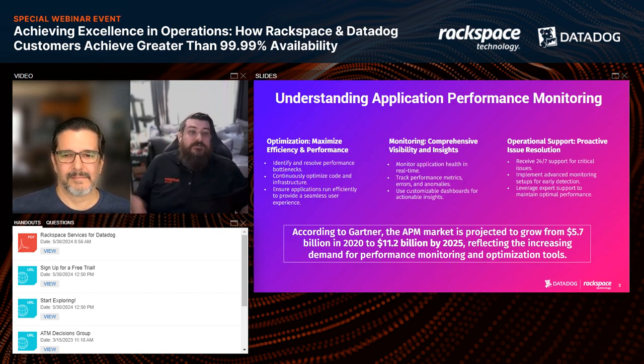So let's start in. First of all, what is application performance monitoring and how do you understand it? I like to think about it in these three groups, right? It's optimization, monitoring, and then of course, operational support. And they almost build on each other, right? So, optimization,